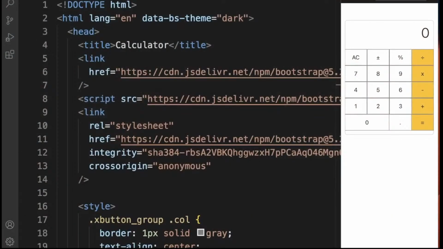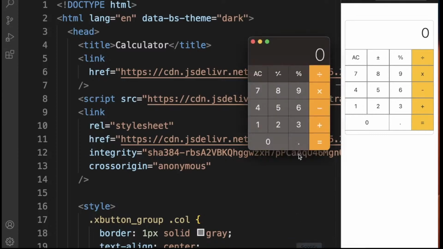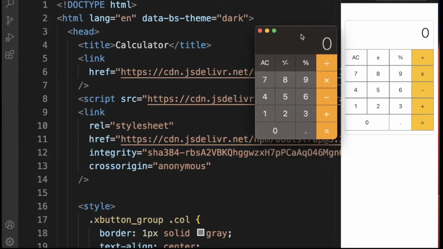Welcome to today's lesson. In this lesson, we'll continue from where we stopped, where we wanted to capture the first and second value and click equal to for us to have our results. So let's take a look at the typical calculator and see what we have. So what we want to